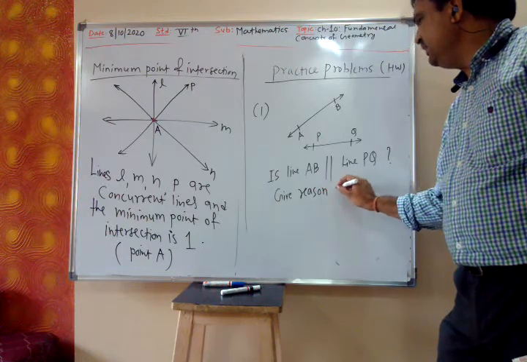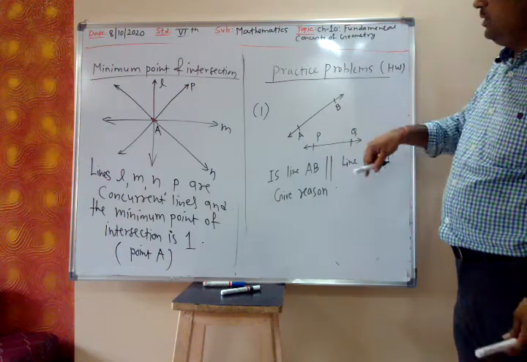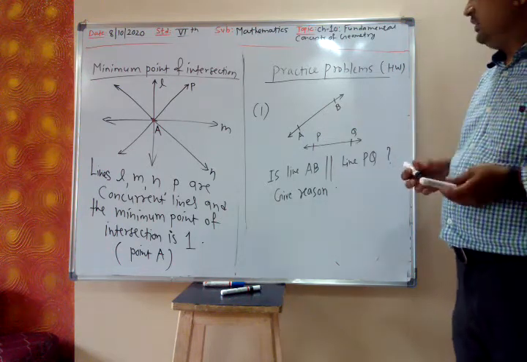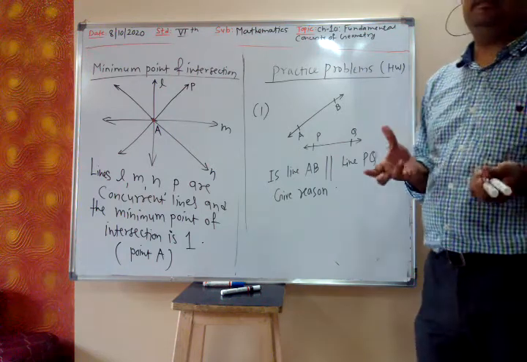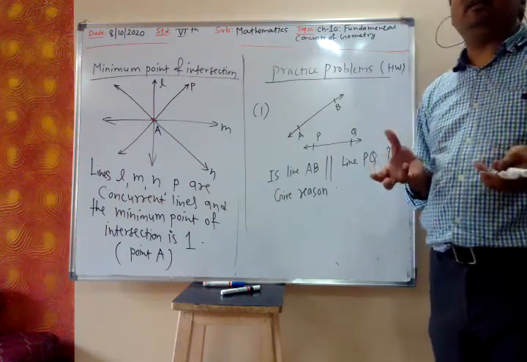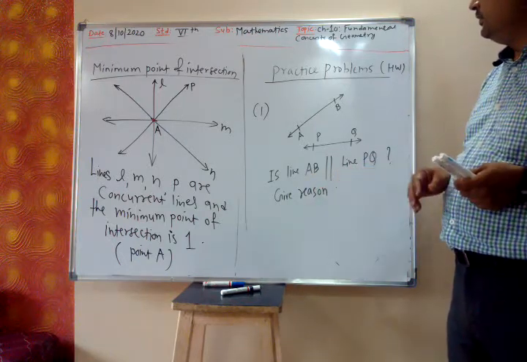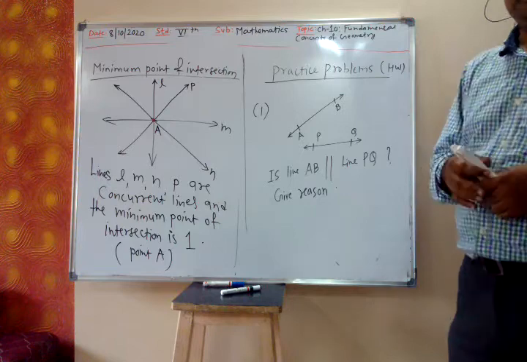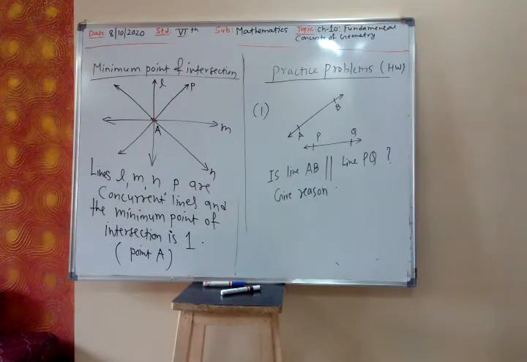My dear, we have seen this. You are given the line AB, you are given the line PQ. They are two different lines. That is what I am asking, whether the lines are parallel or intersecting. Whether AB is parallel to line PQ. See here. When you extend the line further, they will intersect, no?